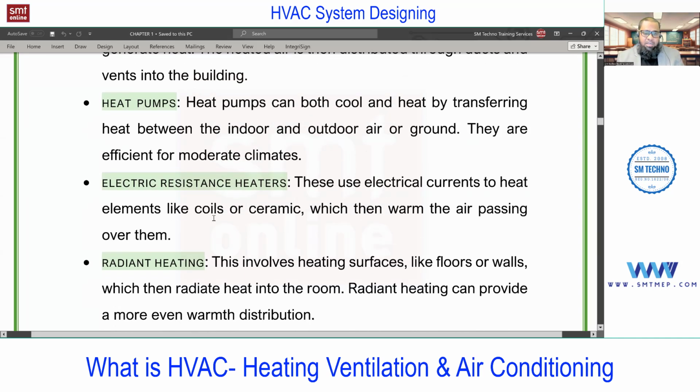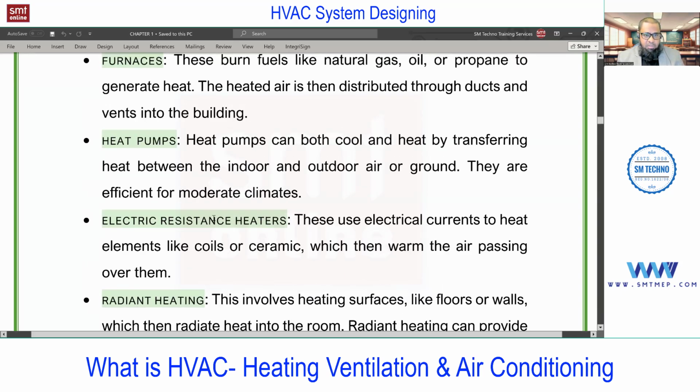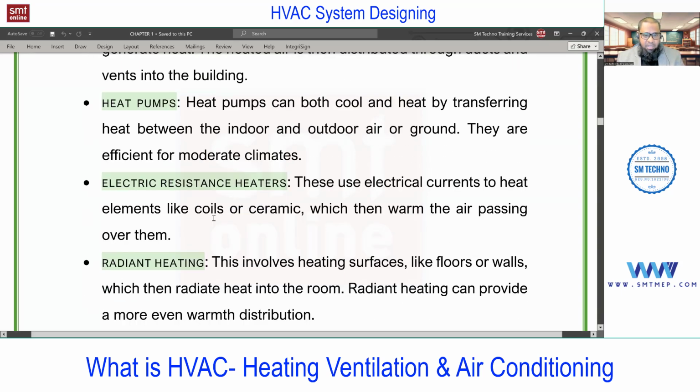Similarly, electrical resistance heaters produce heat with a high grade energy, that is electricity. So with electrical energy, if you produce heat, it means we're producing low grade energy with high grade energy. But where you cannot find fossil fuel, natural gas, etc., due to scarcity, we have the electrical resistance heater, which is also a compact system compared with the furnace.